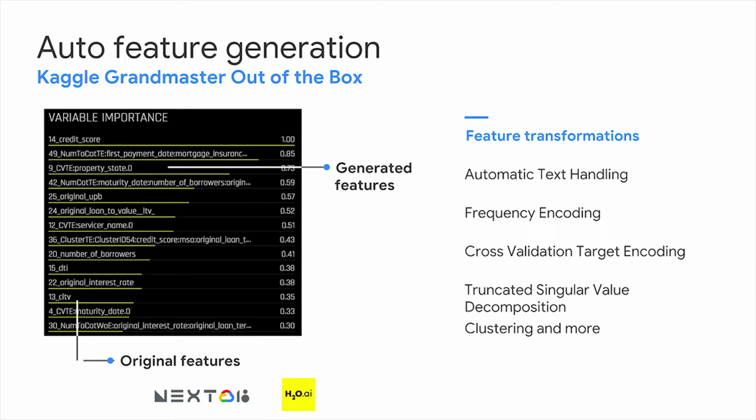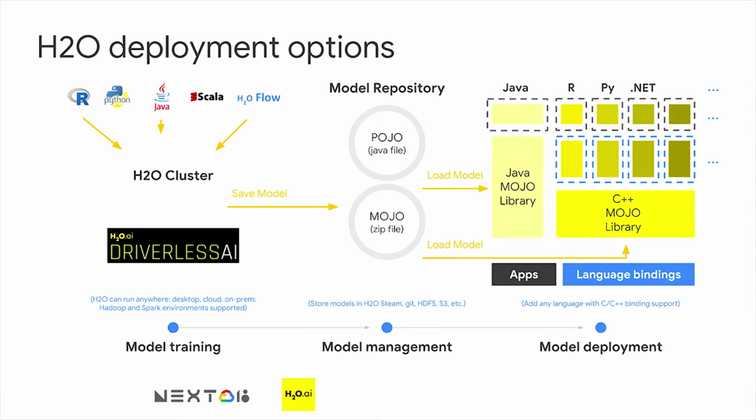And just to give you a sneak preview of what's happening under the hood, right? You're talking about these features. These are the features that get created. Some of these automatically generated features are things like text handling, frequency encoding, cross-validated target encoding, and truncated SVD, for example. These are all complex features. If you know how to use them, it's painful to actually code them up in Python and then try to run them on all the different combinations if possible, right? So it's a lot of time and effort that's required, and you need the expertise. And we do that all for you automatically.